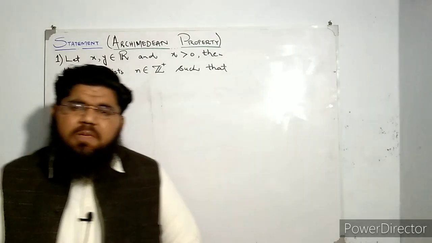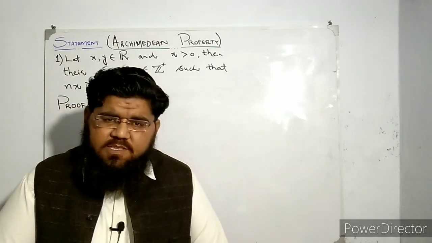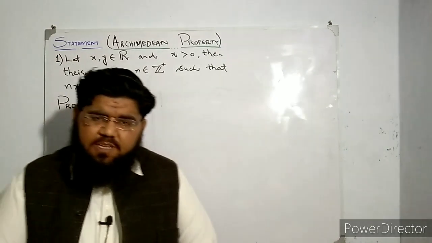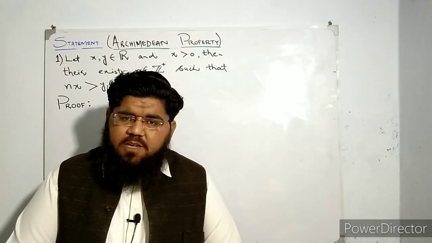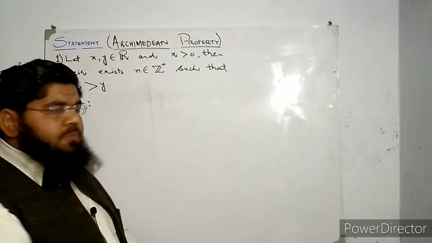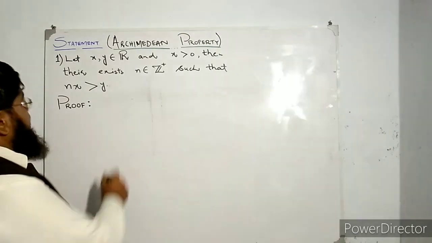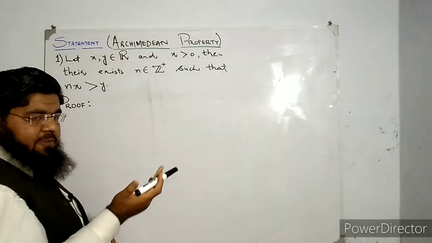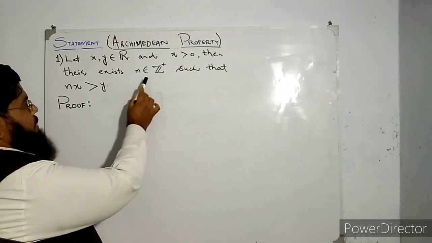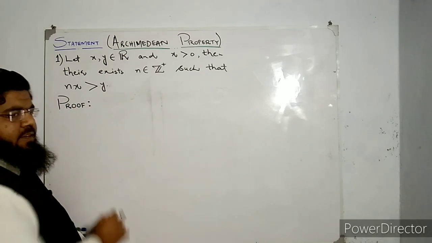Okay, so in today's lecture we are going to prove a very fascinating property that is usually in real analysis courses. You can see that there, and this property helps us in understanding the number system a little bit more easily. This property is known as the Archimedean property, and it says that if you have any two real numbers, say x and y, and one of them is positive, then there exists a positive integer n such that nx is greater than y.